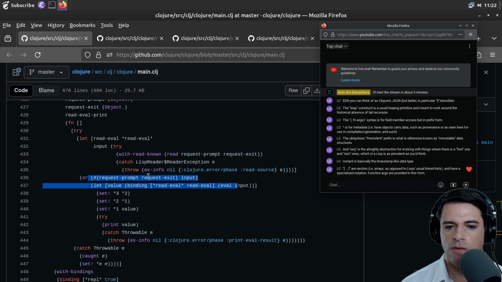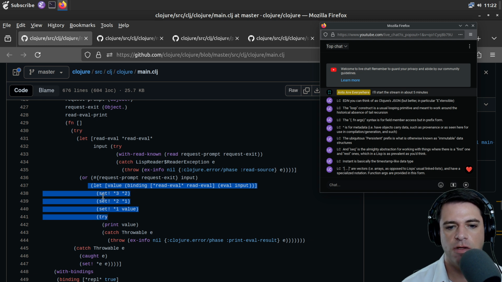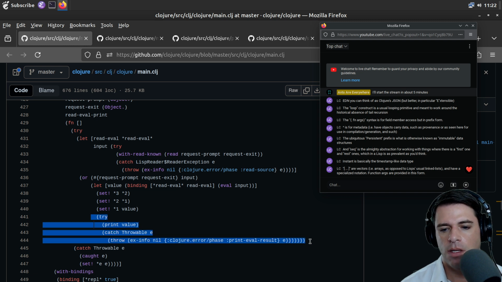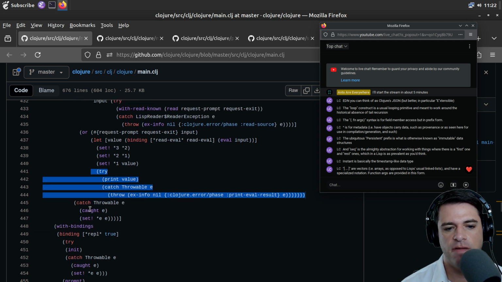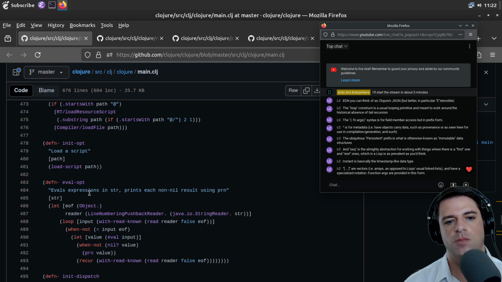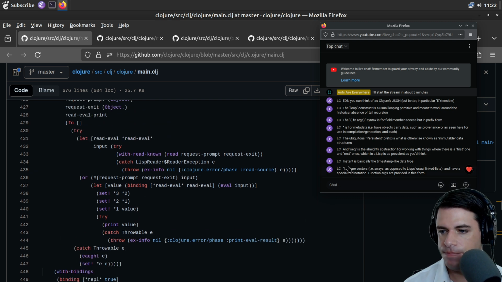Request prompt, request exit. I don't know what set 3.2, set 2.1, set 1 value is. And then some erroring out, and we might have an exception. And then we have some with binding stuff. So I don't really know enough about Lisp to know what's going on there, but that's some implementation of a read-eval print loop.